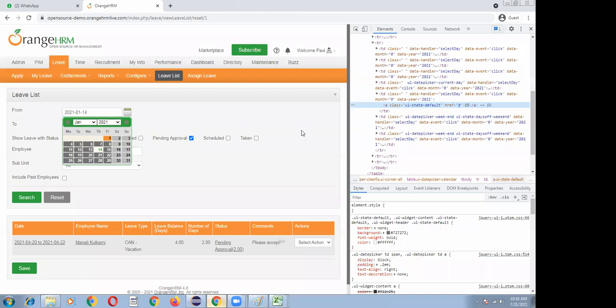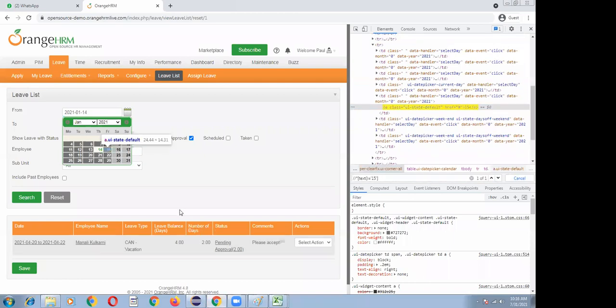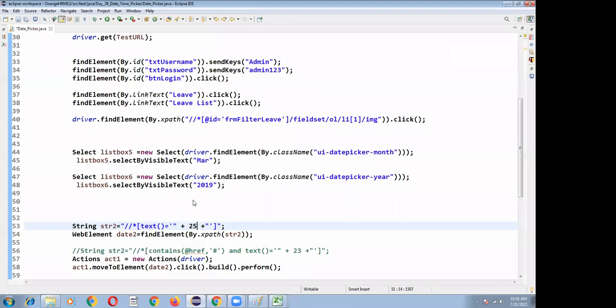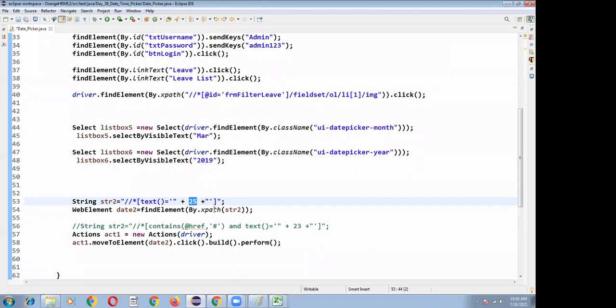So if you are selecting 15, it will be selected, or 25, or 26, whatever it is. So I can get the text path, and the 25th will be selected. That means March 25th, 2019 will be selected. So like this, in 3 steps, we can select the date using the text path. And after that,